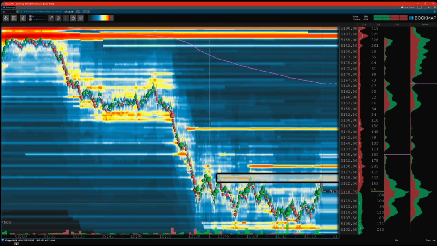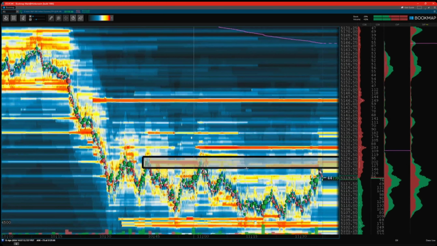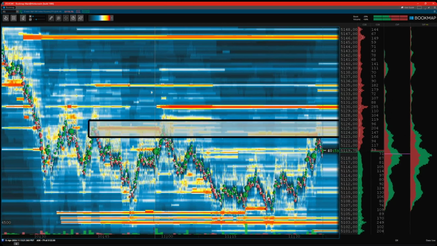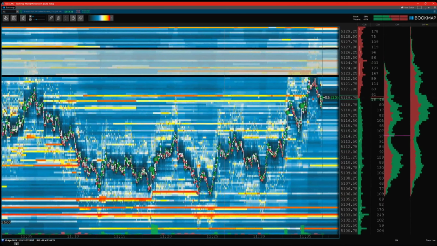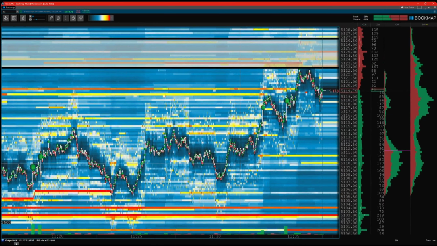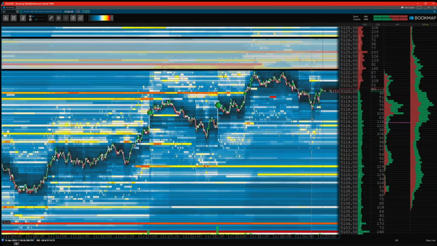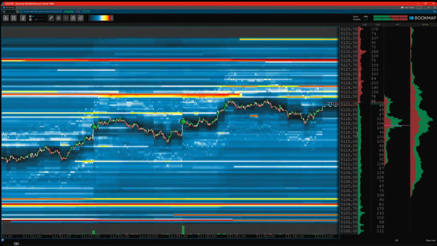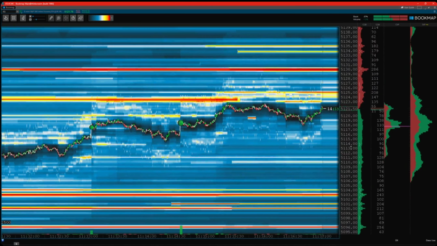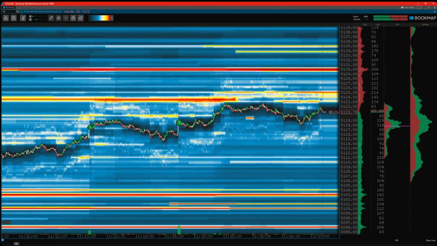Okay, so you can see the whole support, resistance, higher low, higher highs. So right now price on SPX is at 50.80,